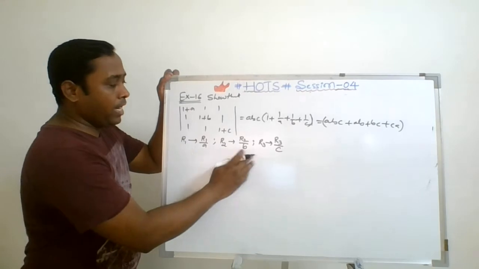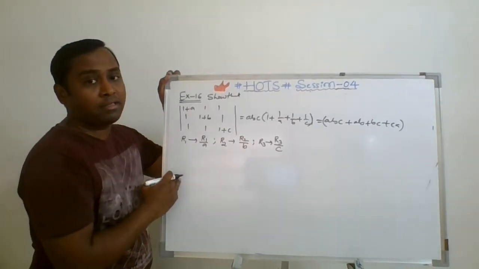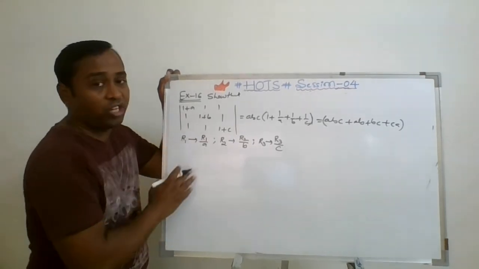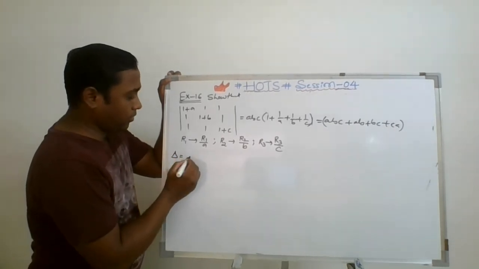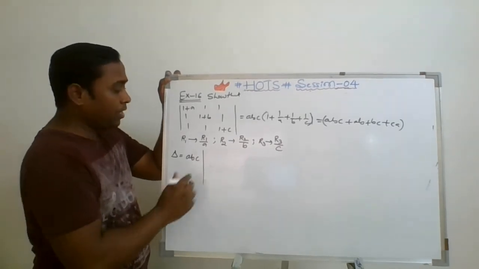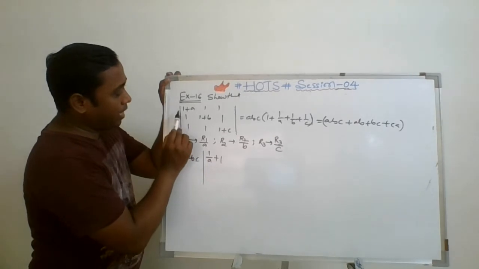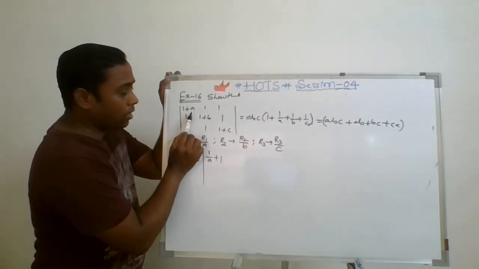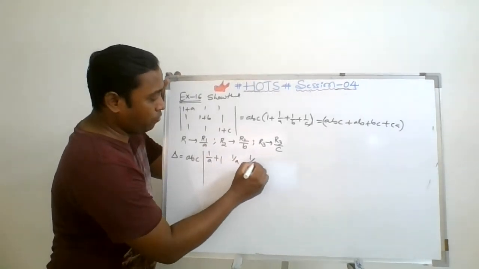So when I am dividing any particular row with a constant, I have to multiply the entire determinant with the same quantity so that it does not change the meaning of the determinant. So that's why delta is equal to, I am writing ABC as a common factor. Then the remaining would be what? 1 by A plus 1. If I am dividing this one with A, it becomes 1 by A by A will be 1. So 1 by A plus 1, and then 1 by A, then 1 by A.